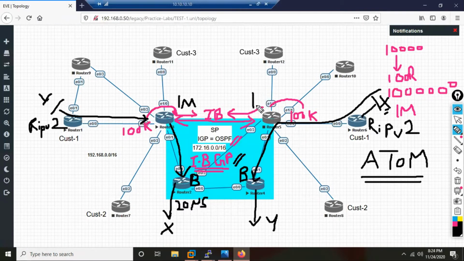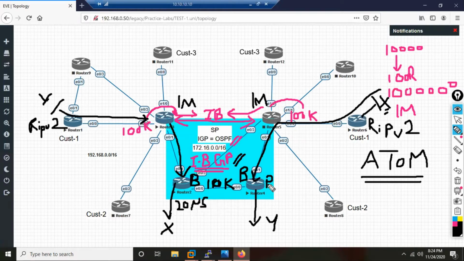R3 and R5 might have 1 million routes in their routing table, but on R2 and R4 there is no BGP running first of all, and since there is no BGP, you have only the IGP. With 1000 routers, let's say, maybe they have only 10,000 routes, only a 10K routing table. So just see, with MPLS, the load on R2 and R4, the P routers, has drastically come down from 1 million routes. Now they have to store maybe only 10,000 or 20,000 routes.